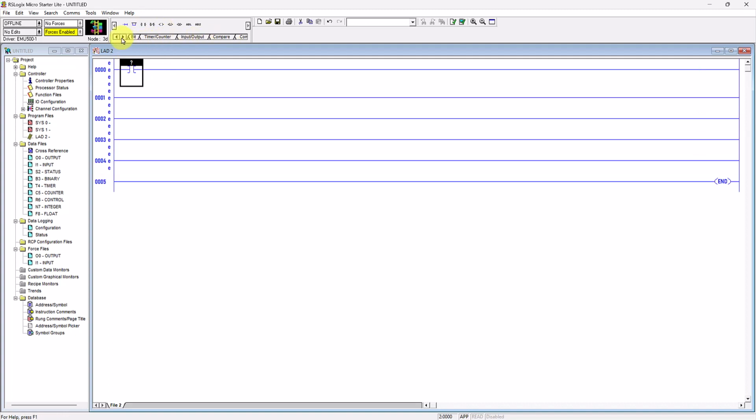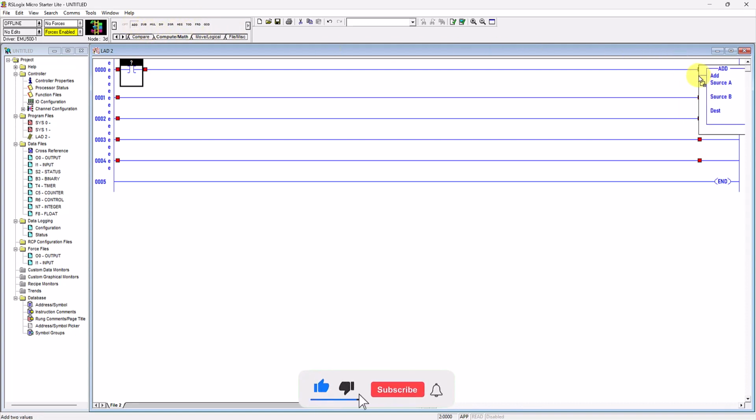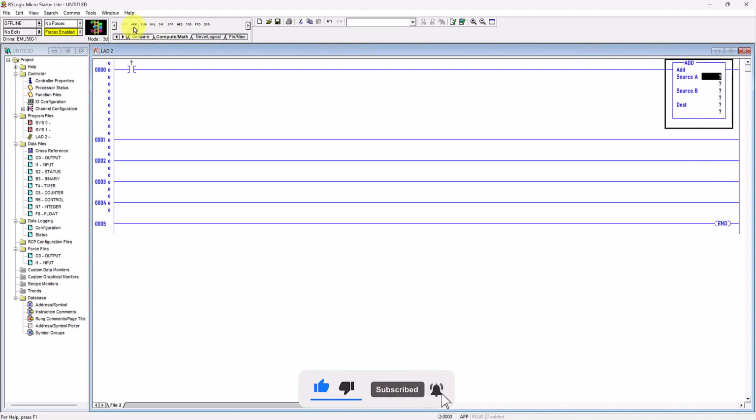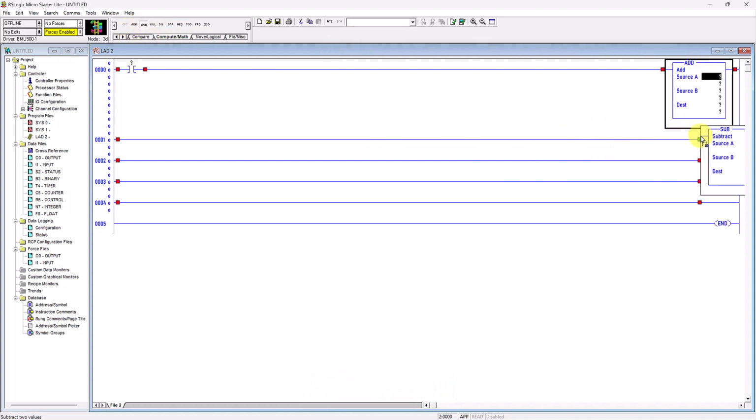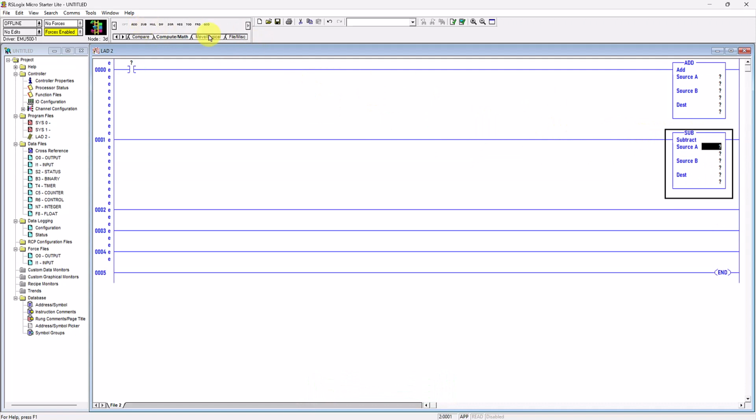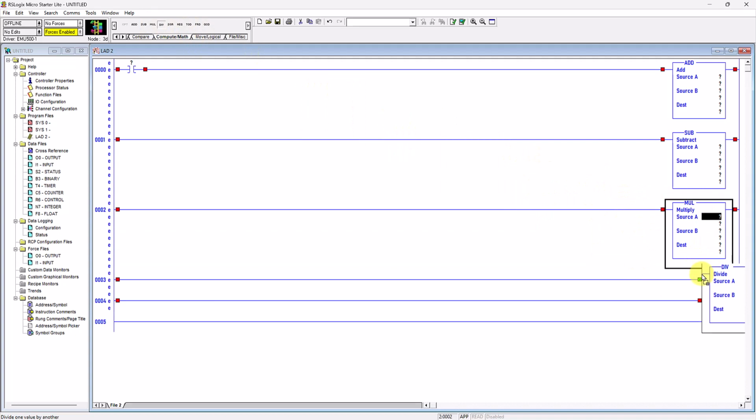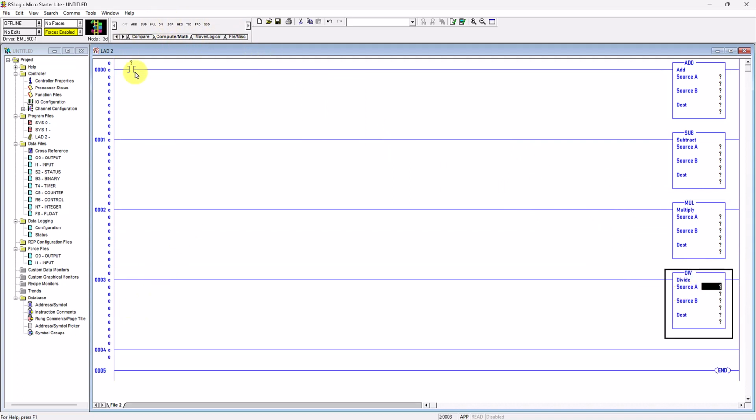Then you can select this Compute or Math tab, and then you can see these mathematical instructions here: addition, subtraction, multiplication, division, square root, etc. Okay, so I will drag this addition instruction, subtraction, sorry, multiplication, division, as well as